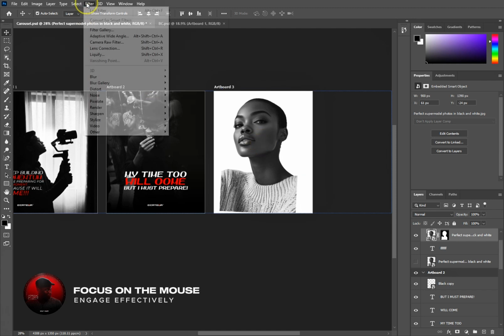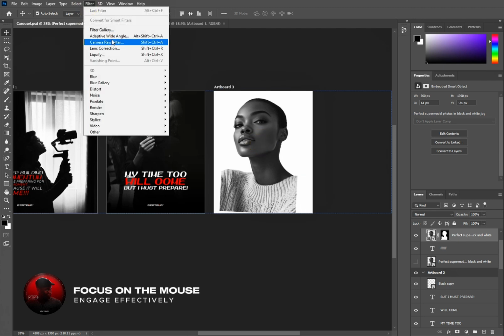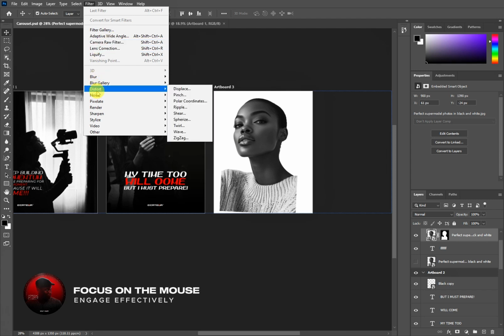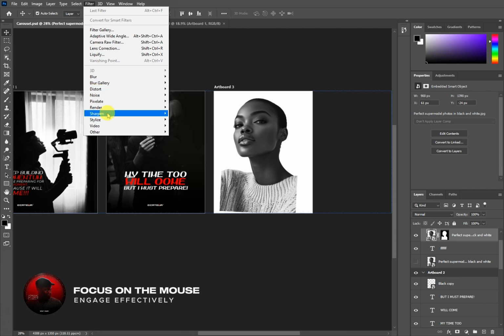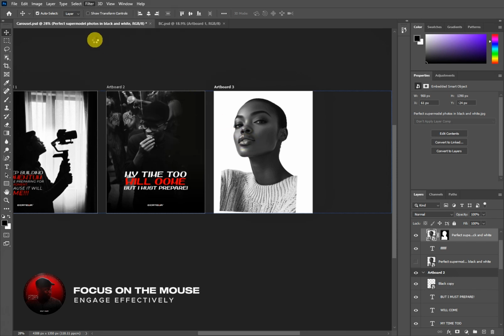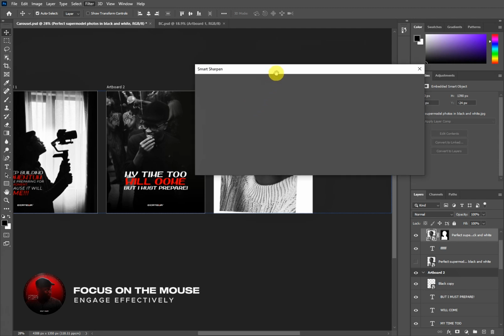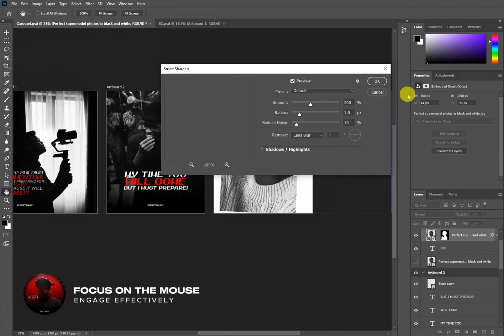Then filter, this is where you edit your image, right? This is blur, gallery, distort, noise. If you want to add all these to your image, if you want to sharpen your image, you can sharpen edges, you can sharpen more, you can smart sharpen. All these are automatic things it will do for you, right? Or sometimes you have to work on them by yourself, right? But all these you can also get on the upcoming